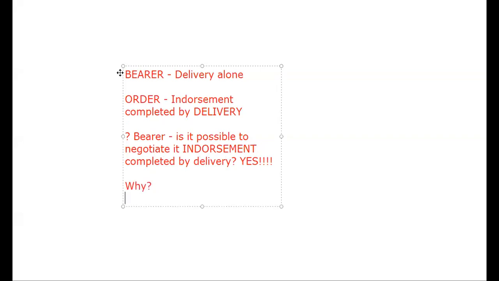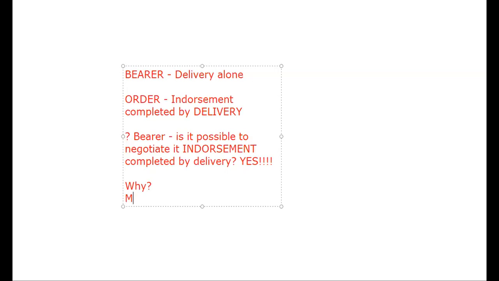Kasi, if you will negotiate the instrument by delivery, the rule is that you will only be liable to your immediate transferee. Take note, immediate transferee. The word immediate here is being used in its literal meaning as the transferee is the person to whom you have delivered that instrument. We are not referring to privity or relationship of the parties. When I made use of the word immediate, I am referring to proximity or distance.